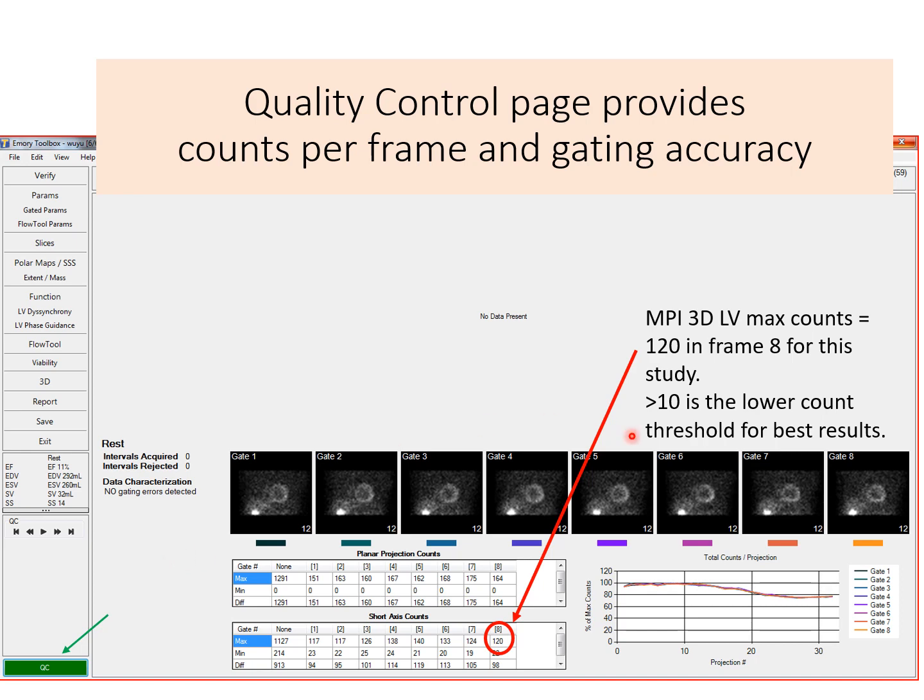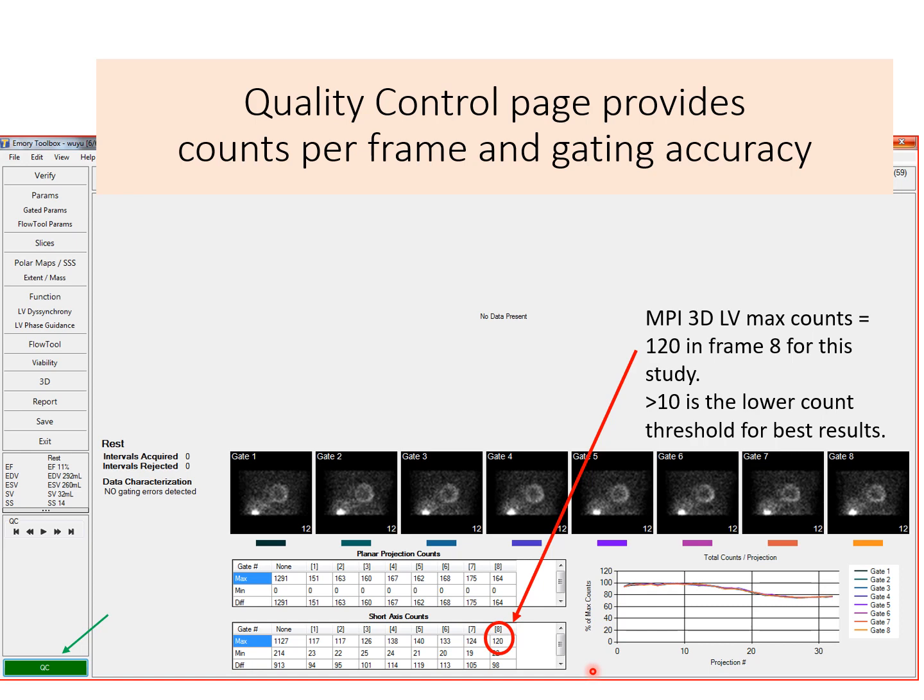So remember, in the previous paper, he was requiring at least 10 counts per pixel in the short axis images, and here we're looking at maximal counts in the short axis and maximal counts in the planar projections. But what's important are the ones in the short axis. And you can see that 120 is significantly more than the 10 or 20 that was used for the analysis. But these are the typical counts, the 10 or 20 or more that you get either on a resting or